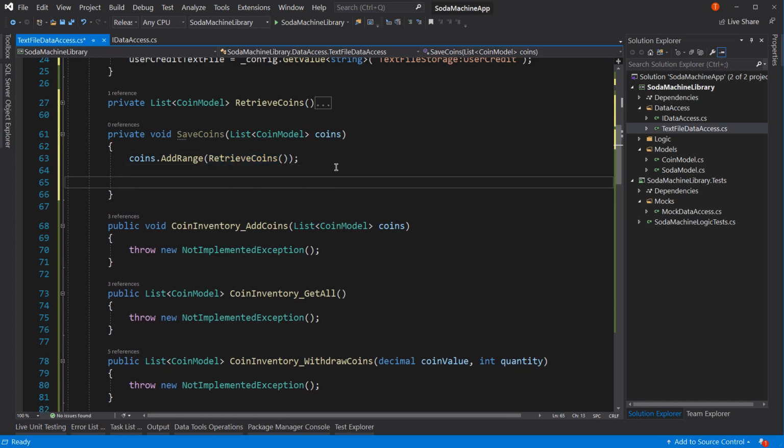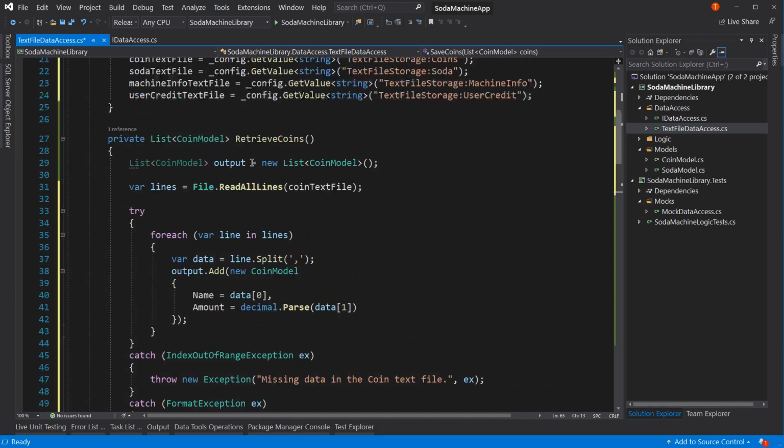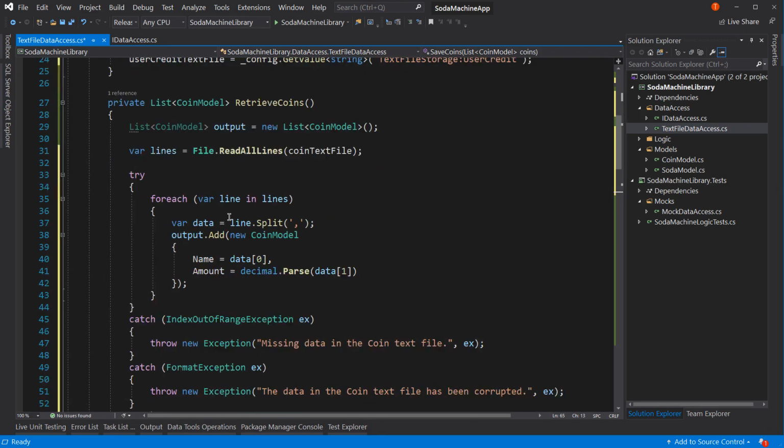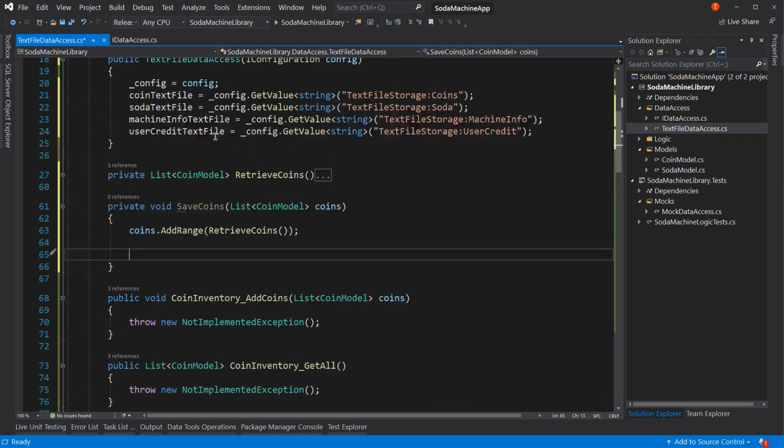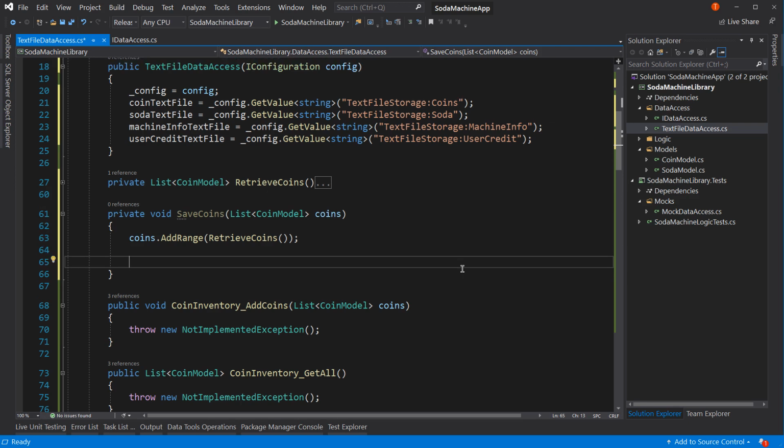And now we can start writing to our text file. Our text file is located at coin text file. So we first need to create a comma separated list of all of our coins. So now let's use some LINQ to create the lines we need to write. So if we were to do